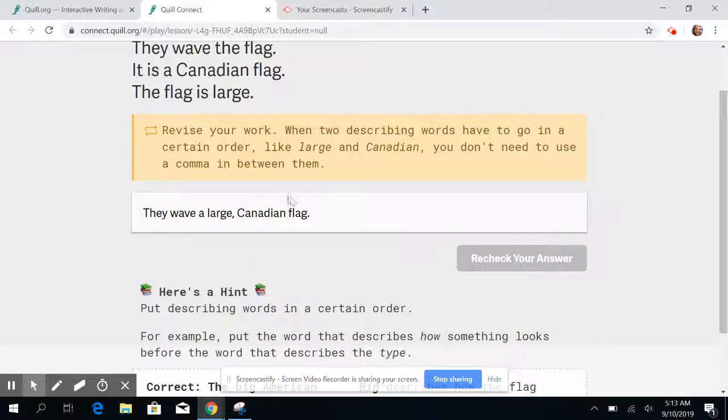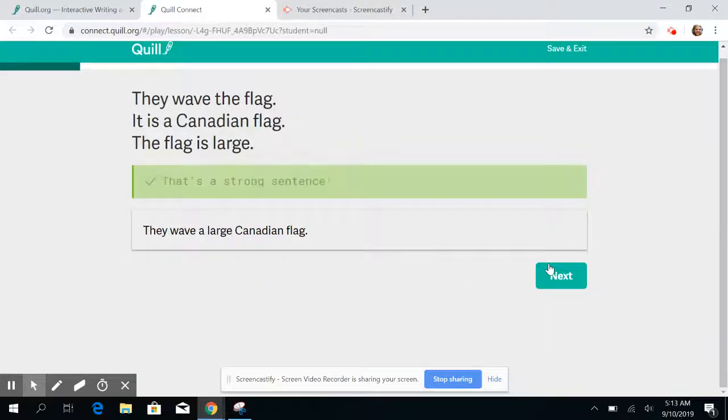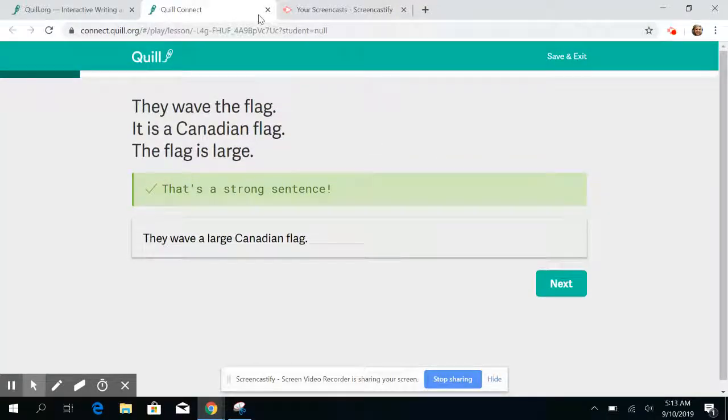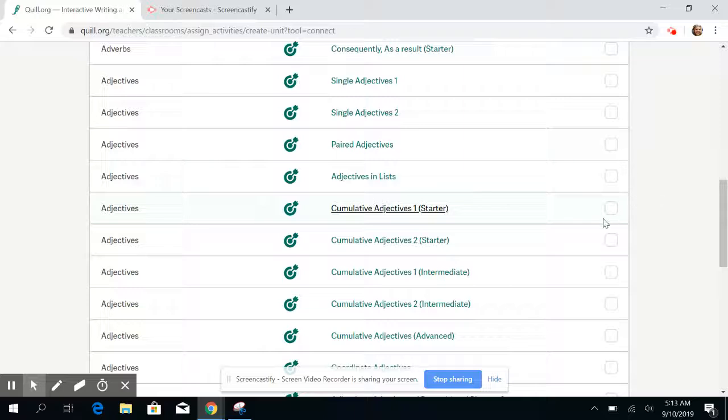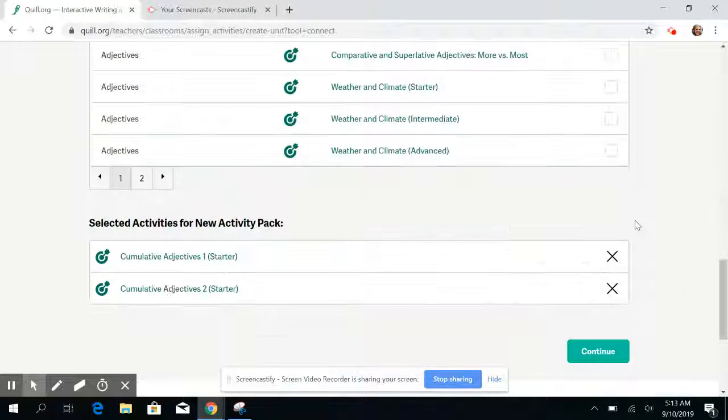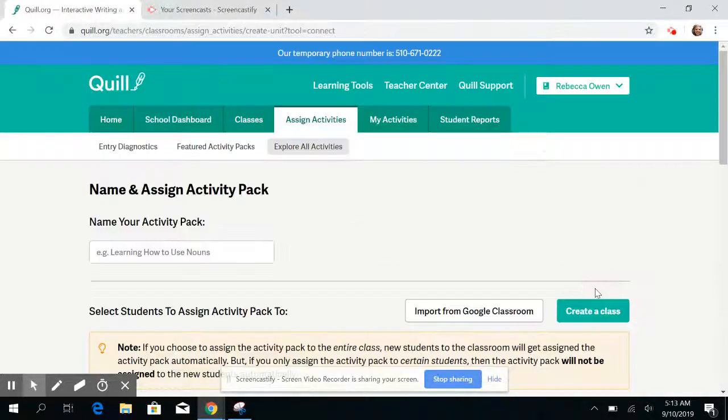Okay, and for whatever reason, it's still here. It doesn't want me to use the comma. Okay, that's a strong sentence. Okay, so that's a good example of how it helps them put sentences together. All right. Again, I'm just picking just a couple of these. Okay, cumulative adjective starter pack. Okay, so we can say,